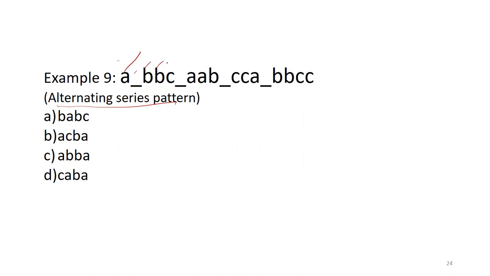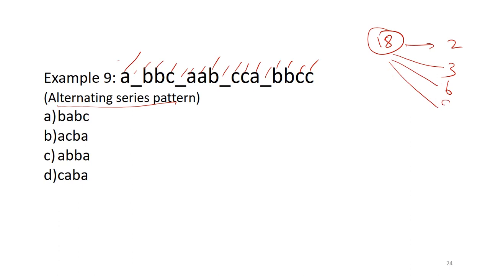1, 2, 3, 4, 5, 6, 7, 8, 9, 10, 11, 12, 13, 14, 15, 16, 17, 18. So 18 can be grouped as 2 each, 3, 6, 9. If I observe, there are 3 different terms, so 2 obviously won't work. Then try grouping 3 each, doesn't work, go for 6 or 9. A dash B, 1, 2, 3, 1, 2, 3, 1, 2, 3, 1, 2, 3, 1, 2.